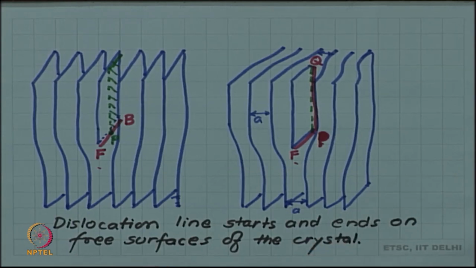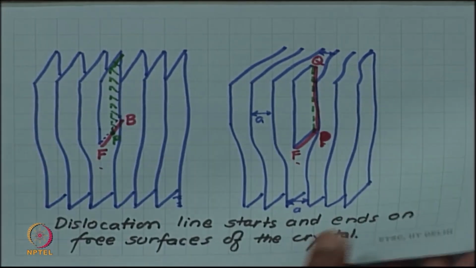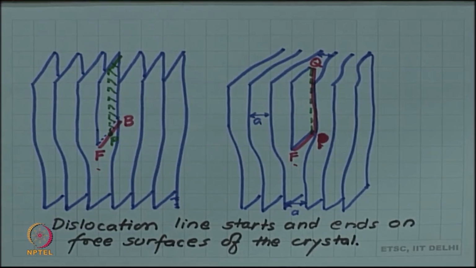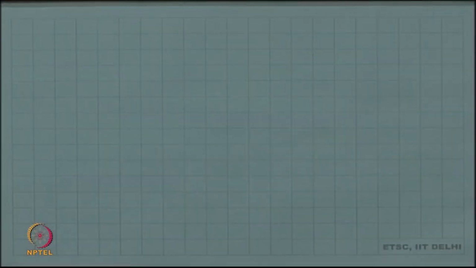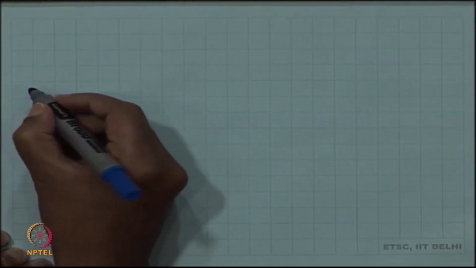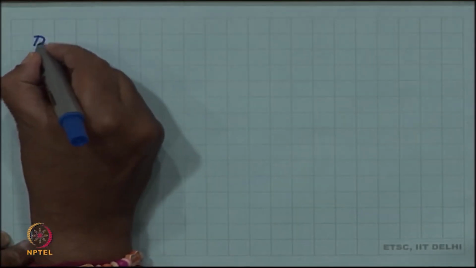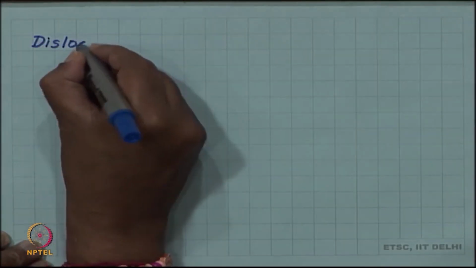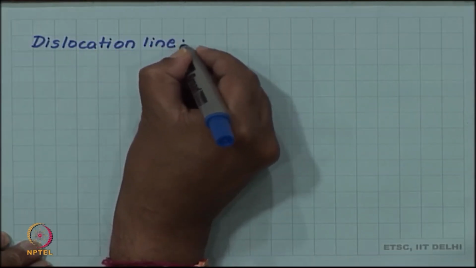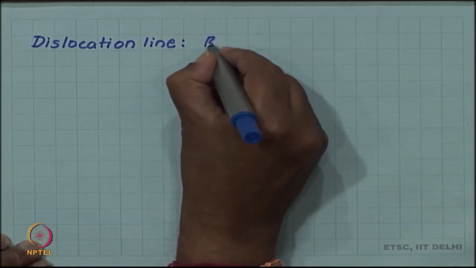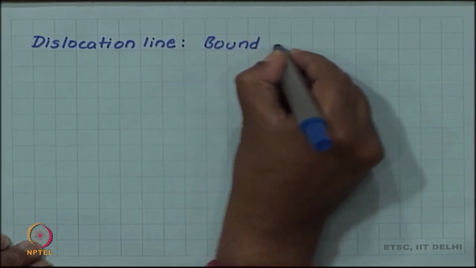Of the crystal. But is this property true only for this particular drawing and this particular edge dislocation? That is not true, because this property holds for all dislocations in all configurations, and this is because of the very definition of the dislocation. Let us remember one of the definitions which we gave of a dislocation line, was as a boundary between slipped and unslipped region,